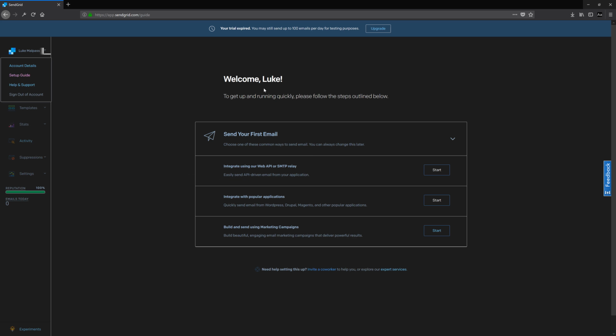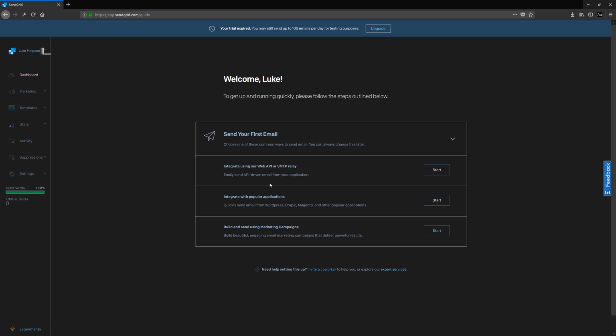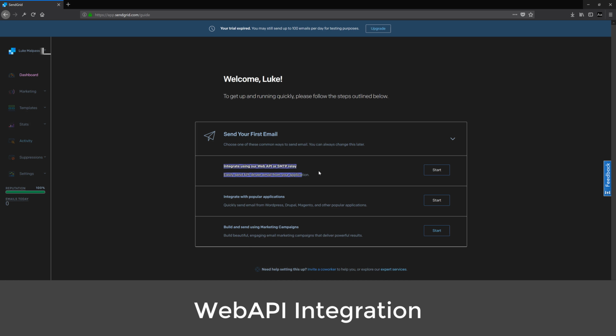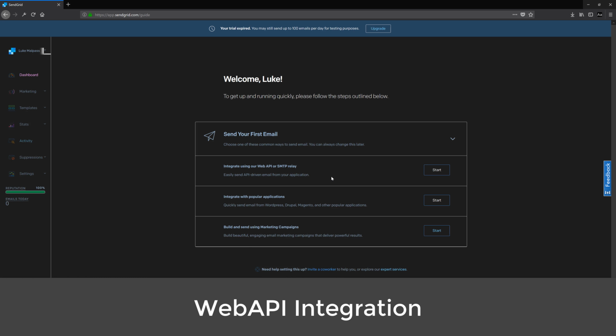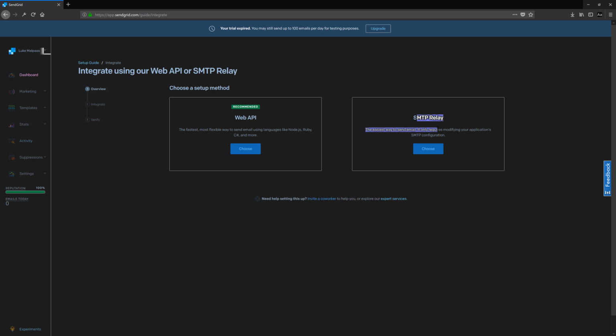And then this is the screen you should be presented with once you've signed up for an account. If not, just go to the drop down here and click Setup Guide. And you'll get this option. So this will send emails on our behalf. You can see we've got a drop down here, and we can integrate using popular apps that we're not using. We're making our own. Build and send marketing campaigns, not interested right now. We basically want this one. Integrate using our web API. So we'll click start on this one, and then it's recommending the web API as opposed to directly sending an SMTP. So we're going to go ahead and use the web API,